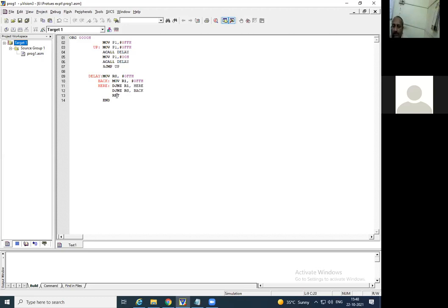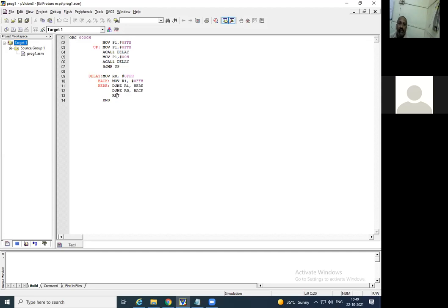trainer kit, at that time the hex file is needed. The hex file is used through another software known as Flash Magic. Just remember the name, because whenever you appear physically, at that time we are going to do the experiment physically on the trainer kits, not on the simulation.